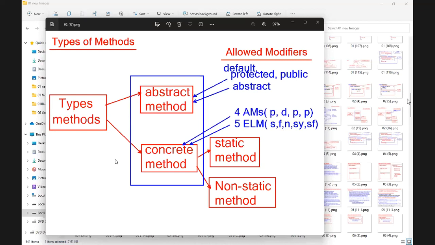Abstract, transient, volatile. Transient and volatile work on values, not on logic. That means transient and volatile are allowed only for variables. They are not allowed for methods. Everyone understand? Write that down, and you should remember them.